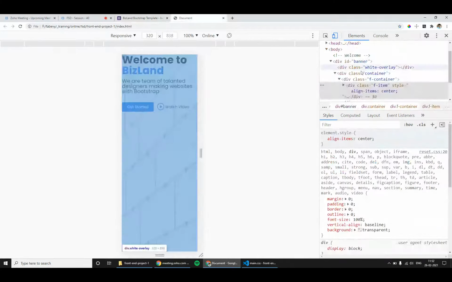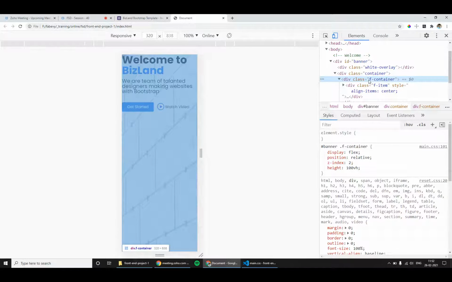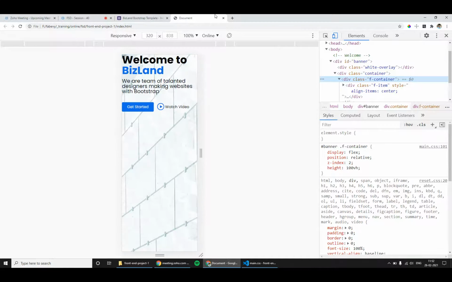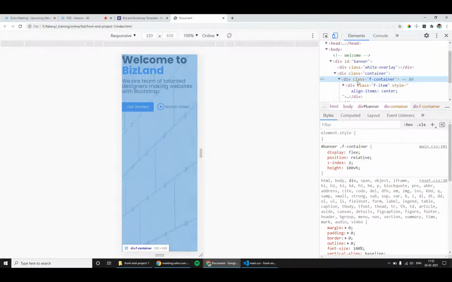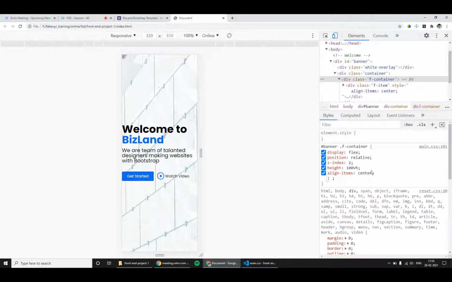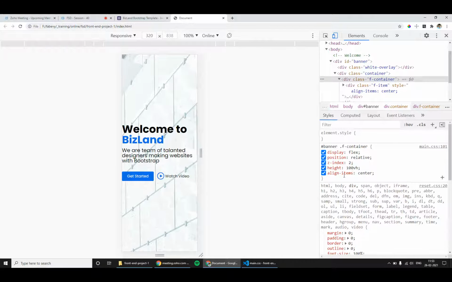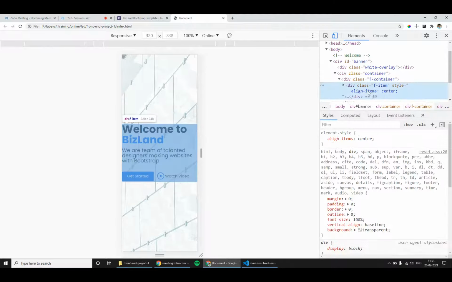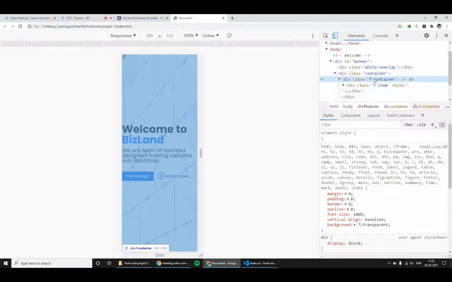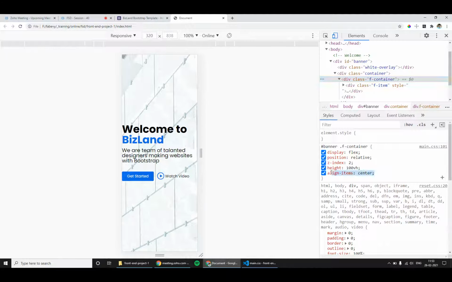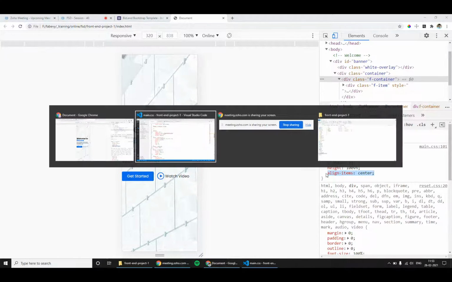Same we have applied. Sorry, align items center, we need to apply for the flex container. We have to apply align items center for the flex container, not for the flex item. That is the mistake I did. So now I need to apply align items center.